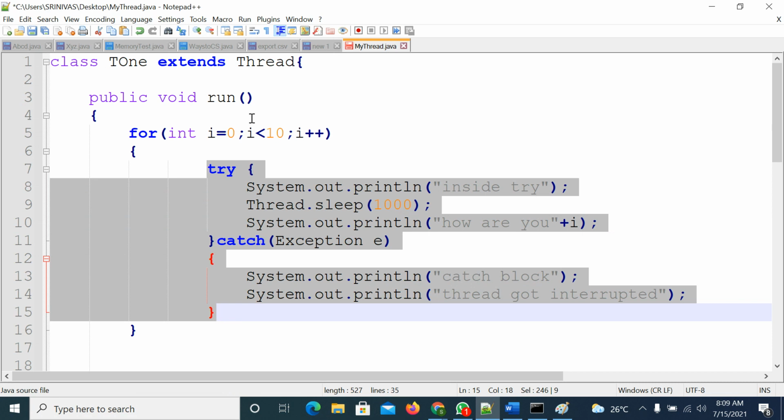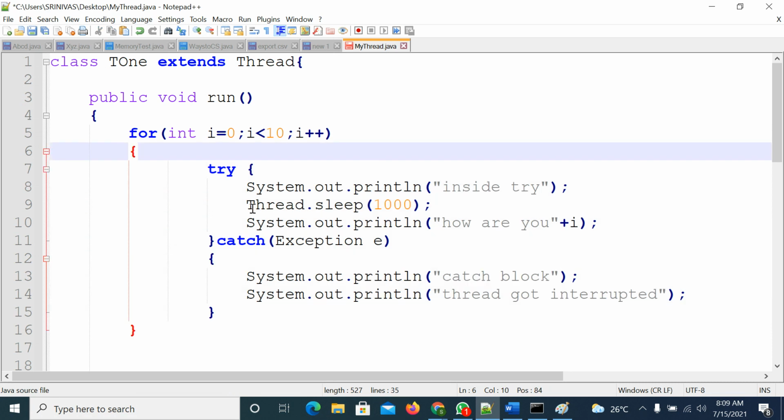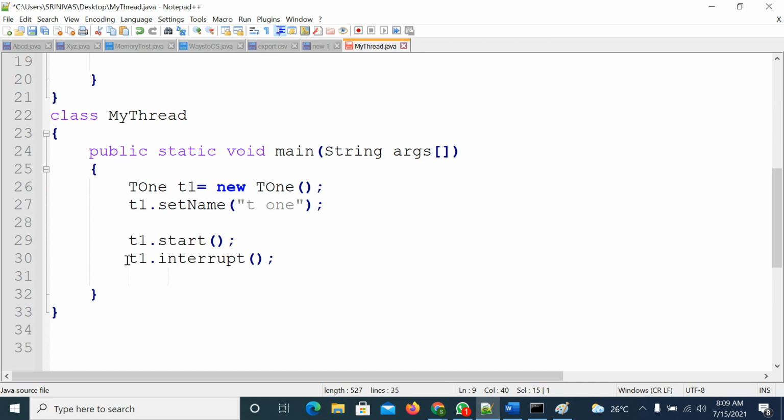Next, the for loop will be executed the second time. Second time it is trying to print this line. It was printed and it has entered into waiting state. But here the main thread has already completed this line at i is 0. The 0th time this line is executed, but the next time there is no second interrupt. If you call a second interrupt here, or a third interrupt, then if the thread is in waiting state, it will interrupt it, right?